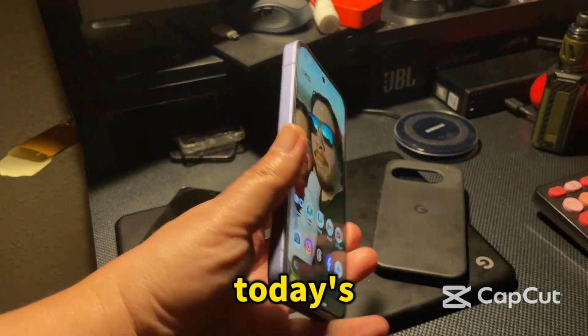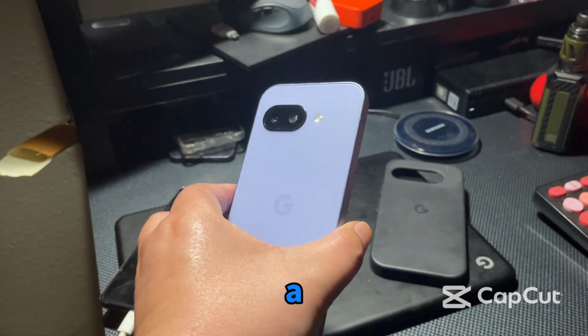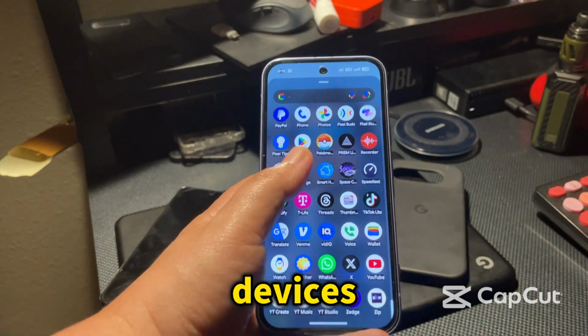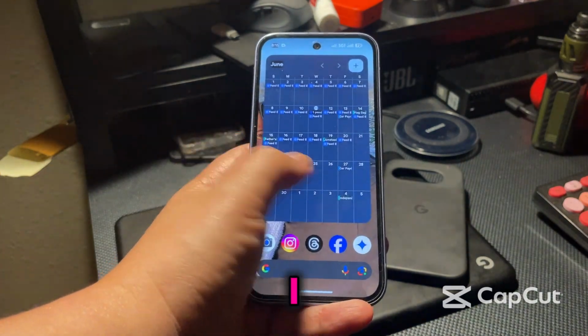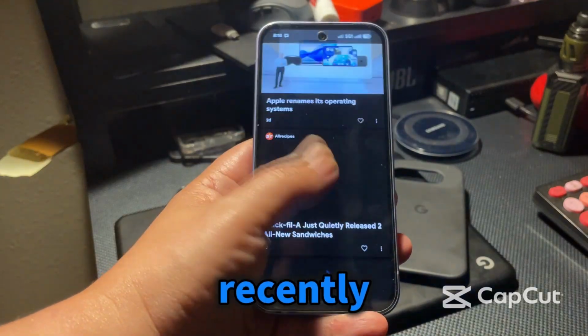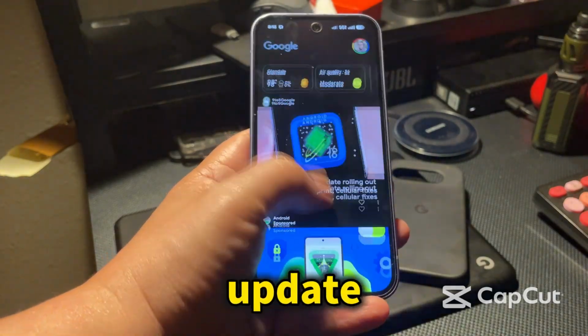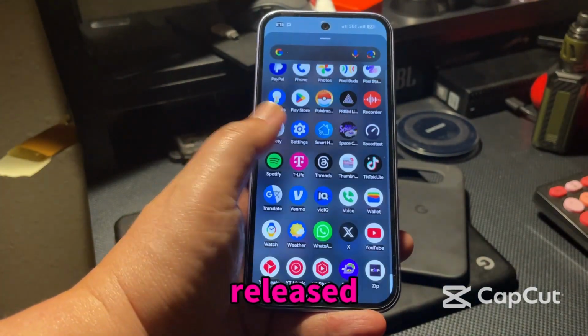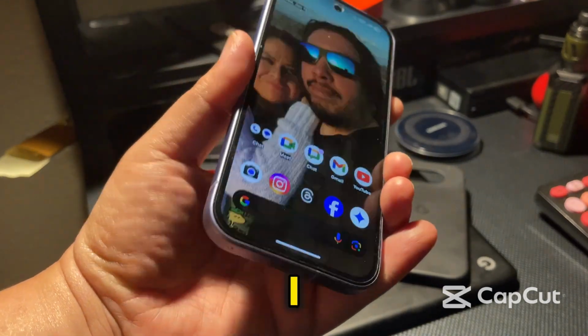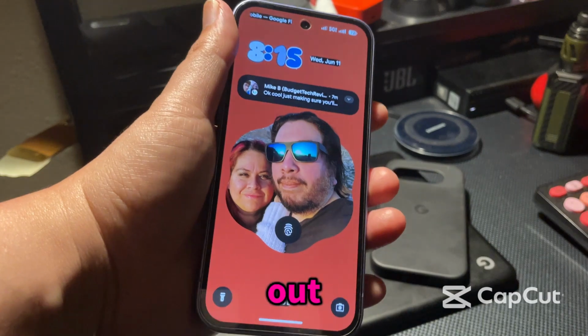And so for today's video, we are looking at the Google Pixel 9a and something that I found very interesting, because I have two of these devices, right? I have my device and I have my wife's device. And it's so weird because my wife just recently got the Android 16 update, which released. And I was kind of surprised. So I just kind of wanted to clear things up for a lot of people out there that may be